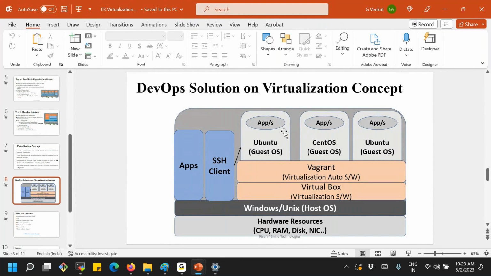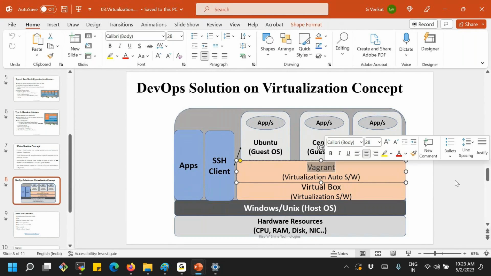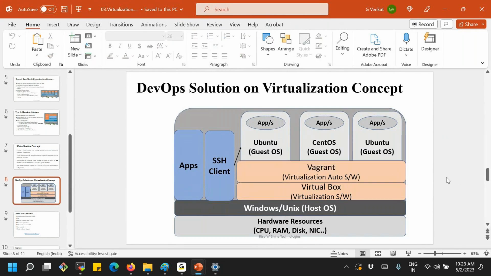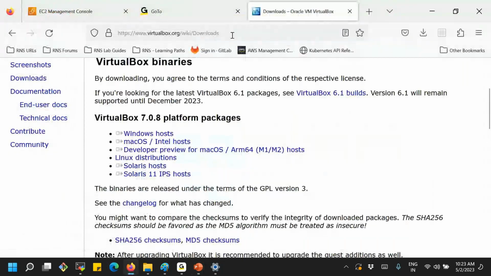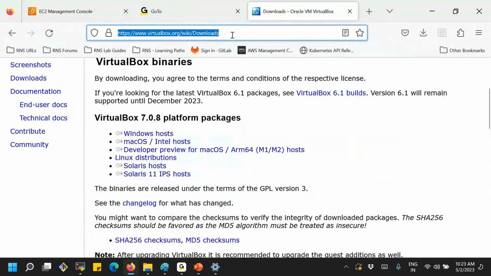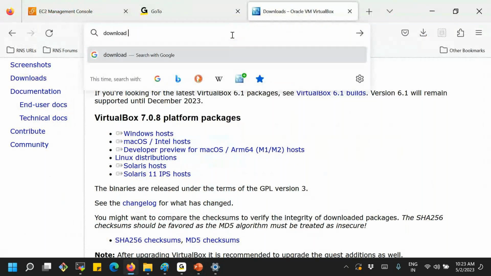So what is the next software we are going to use? It is Vagrant. So let's go ahead and download and install Vagrant. You can search for this in Google: download Vagrant.